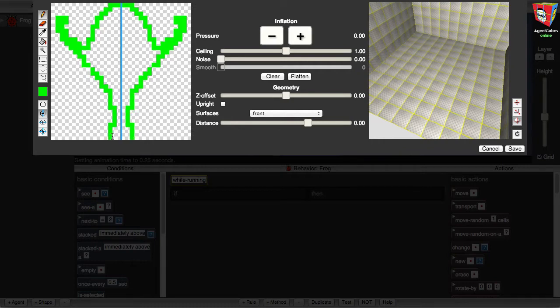And come all the way down to the bottom and close the outline of the frog. If you make a mark that you don't want, you can back up one step at a time by pressing Ctrl-Z on your keyboard. When I've made a complete outline of my frog, I'll fill it with the green color that's in the Color